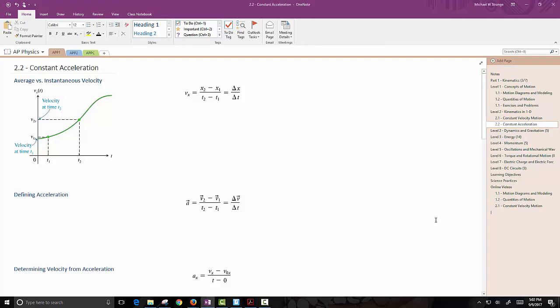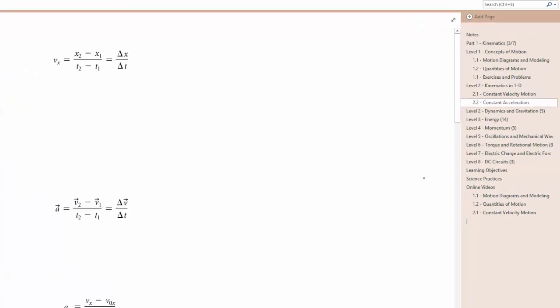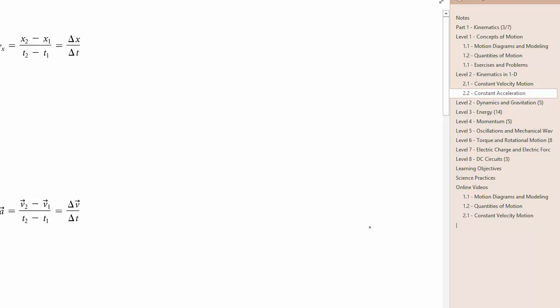Hey guys, so 2.2 constant acceleration. Last time we looked at constant velocity, and when we did, our velocity over time graph was a horizontal line, if you remember. What it indicated was that there was no change in velocity. Now we're going to look at cases where the velocity does change. So we would end up with a velocity graph like this,